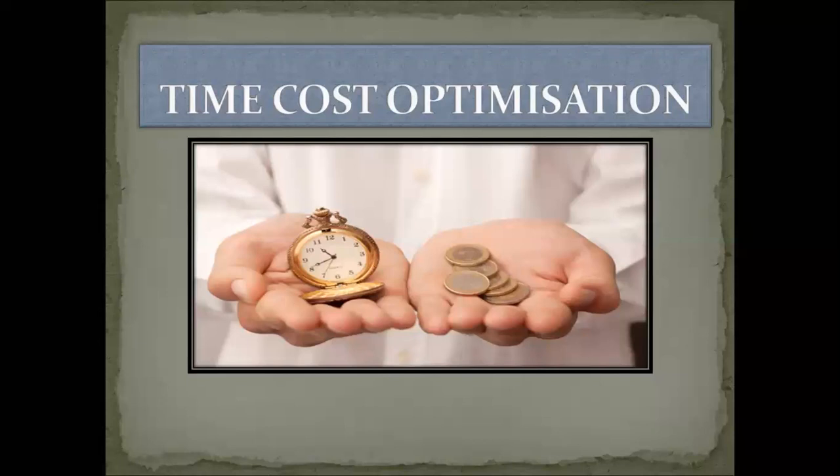In cost, there are two costs. One is called direct cost and another is called indirect cost. Direct cost means, suppose you started the house building work, then the cost of cement, sand and steel we can consider as direct cost, because these things are directly associated with the particular house building.